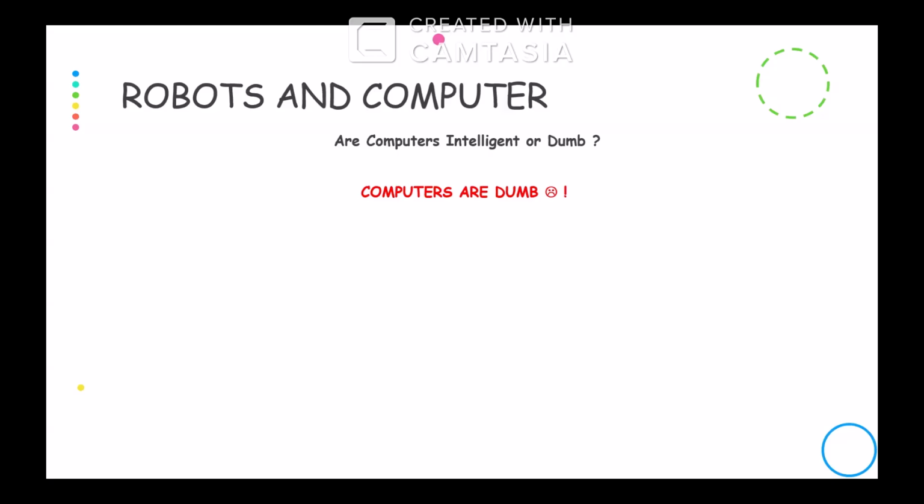We are all using computers without any difference. Okay. Every domain in our day-to-day life is demanding computing devices, right? Because we cannot think about a day without a computer. We cannot think about an educational system without computers. We cannot think about a hospital without computers. We cannot think about an industry without computers, right? So computers are very special to us, but still they are dumb.